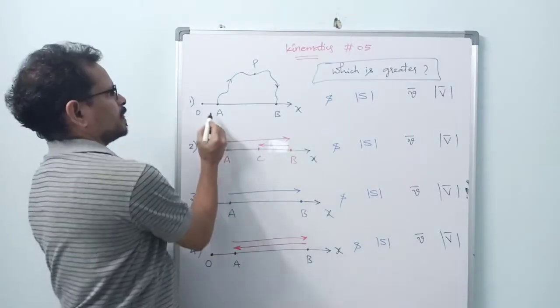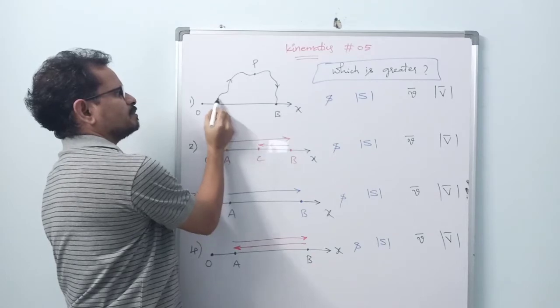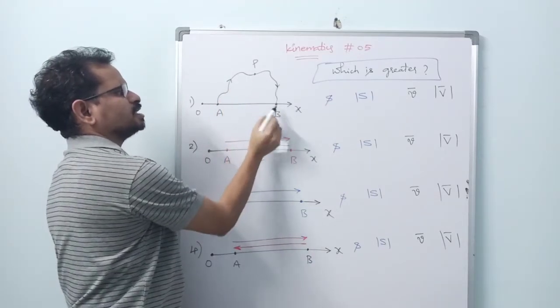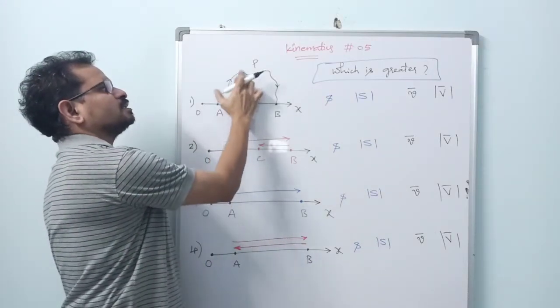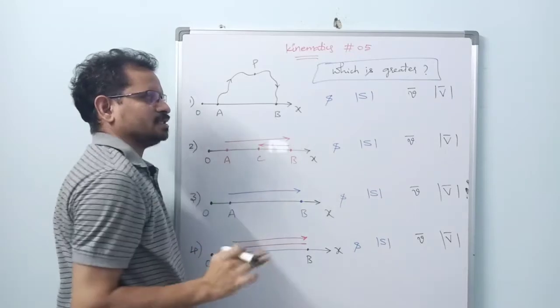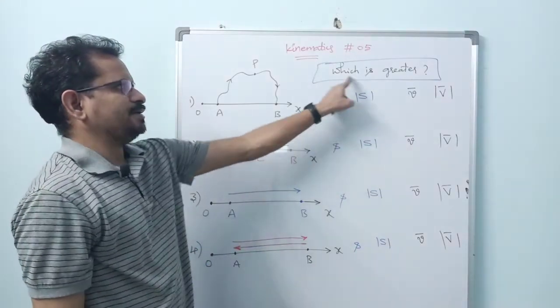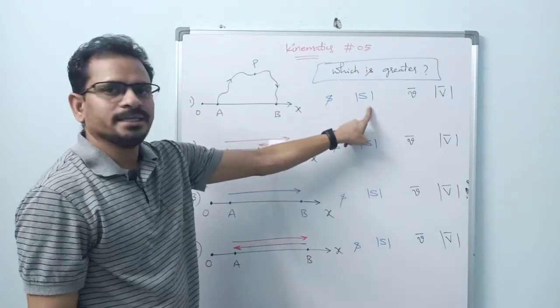This is the x-axis. A body starts its journey from A, moves along this path and reaches position B. So here, what is the distance? The length of this path is the distance. What is the displacement? The length of the straight line AB is the displacement. So now tell me which is greater here? Distance, see, small s we have taken for distance, and capital S for displacement.